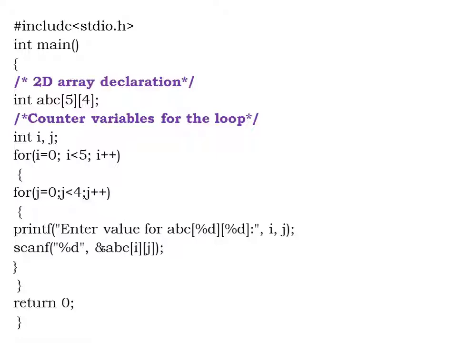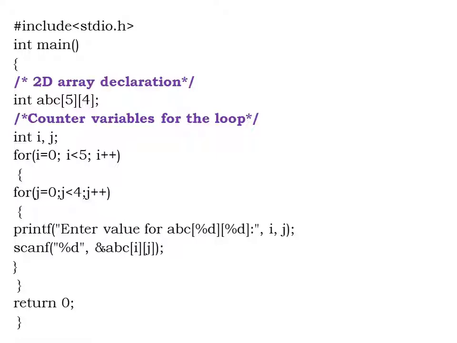So this we are reading for the first row values. For the index row 0, we are going to read the elements and we are going to store those elements with the index row 0. So j equal to 0, 0 is less than 4, j plus plus, we enter the for loop. I ask the user to enter the values for the row 0, 0.